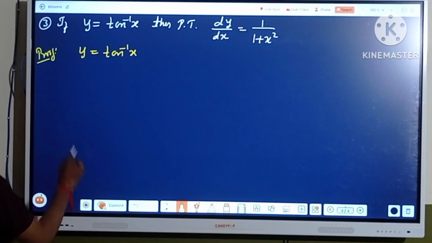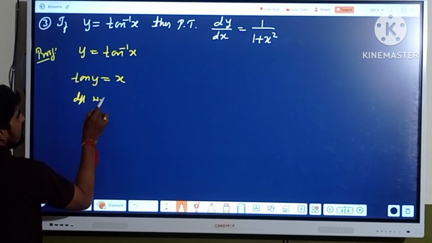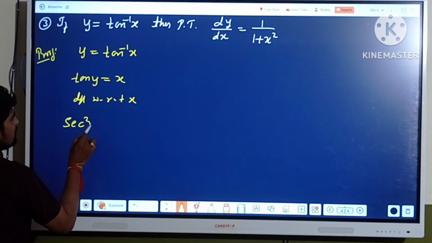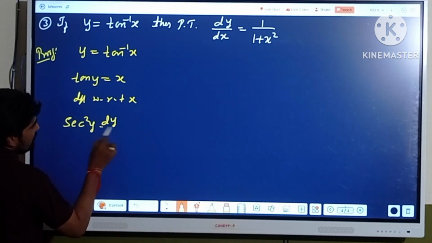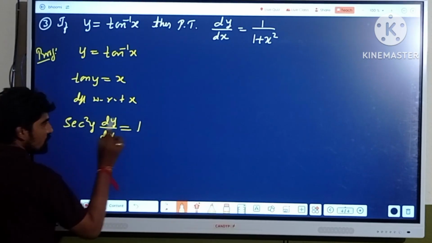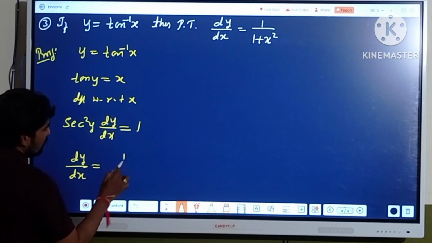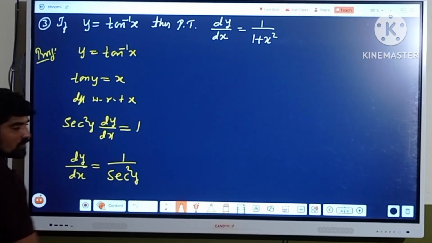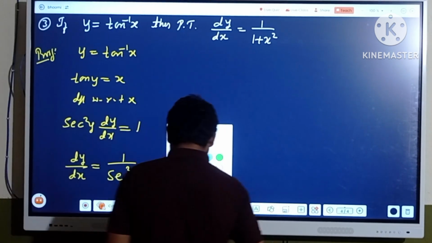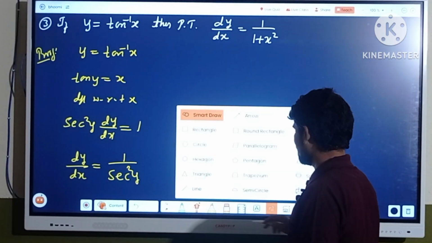Now shift this tan inverse to the left side, then it becomes tan y is equal to x. Now differentiate with respect to x. So we know the derivative of tan y is secant square y, and then y with respect to x is dy by dx, which is equal to the derivative of x with respect to x, which is 1. Therefore dy by dx is equal to 1 divided by secant square y. So after shifting the secant square y towards the right side, now by using another basic identity of the trigonometric functions,